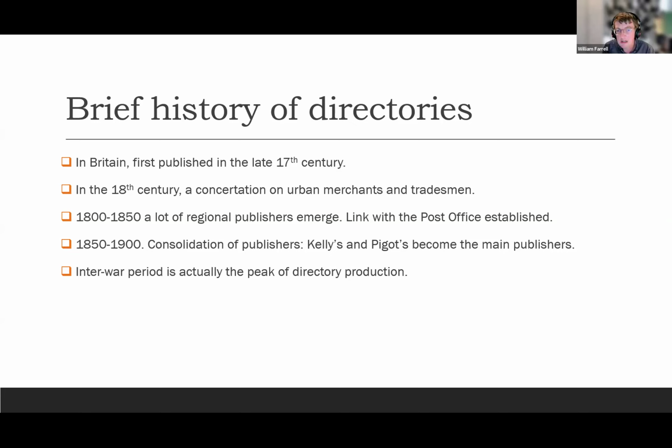There was also a lack of official information to reuse or copy, and I'll say something about that on the next slide. In the second half of the 19th century, there's a consolidation of publishers, which started essentially with consolidation in the south of Britain, the north of Britain, and in Scotland. So that's the way the consolidation happened: more successful regional publishers bought up other local publishers.